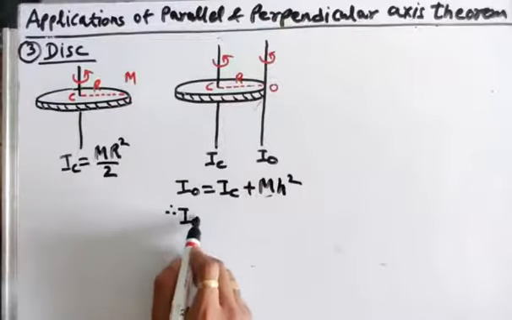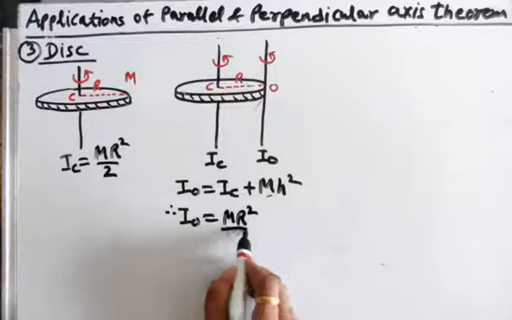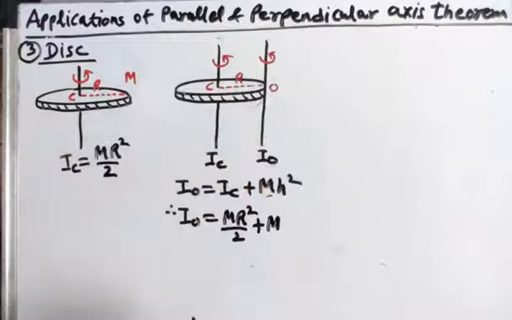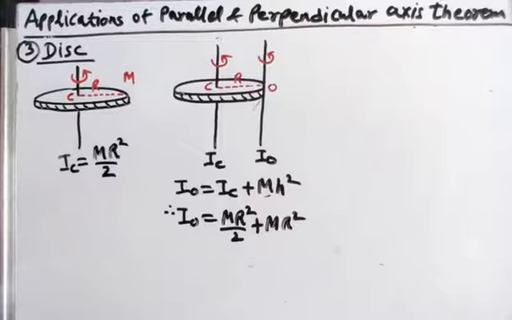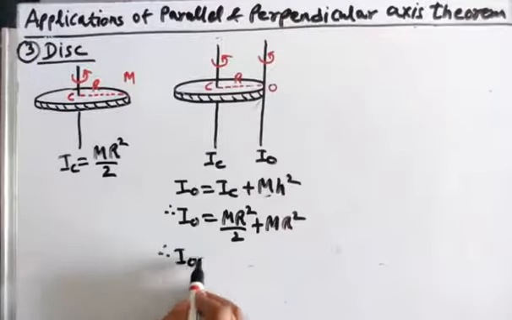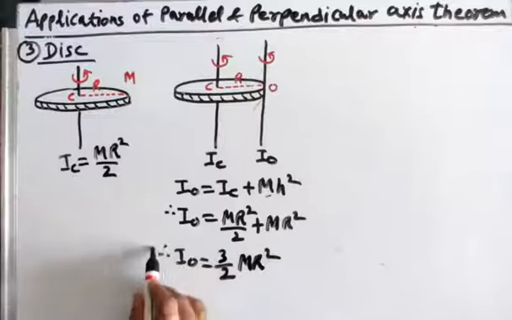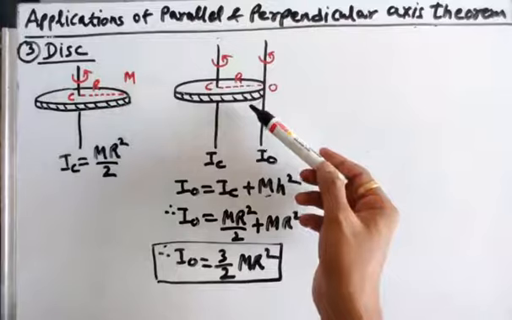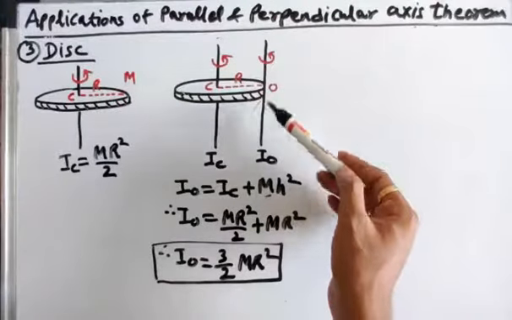Therefore IO is equal to IC, which as we already know is mr square upon 2, plus mh square, where h is the perpendicular distance between the two parallel axes, that is r square. Therefore we get IO is equal to 3 by 2 mr square. So this is the equation for the moment of inertia of a disk about an axis tangent to the disk and